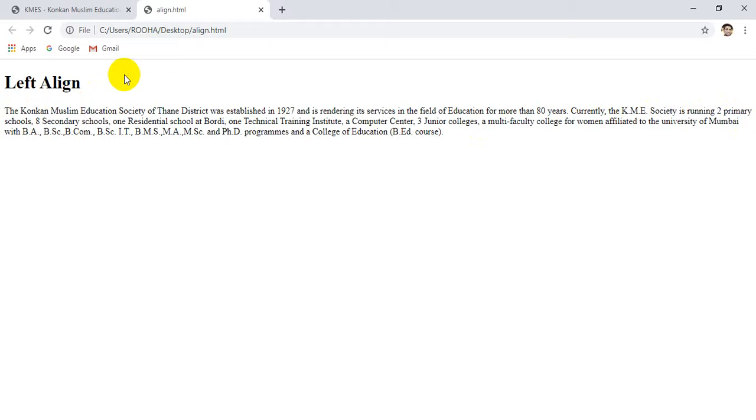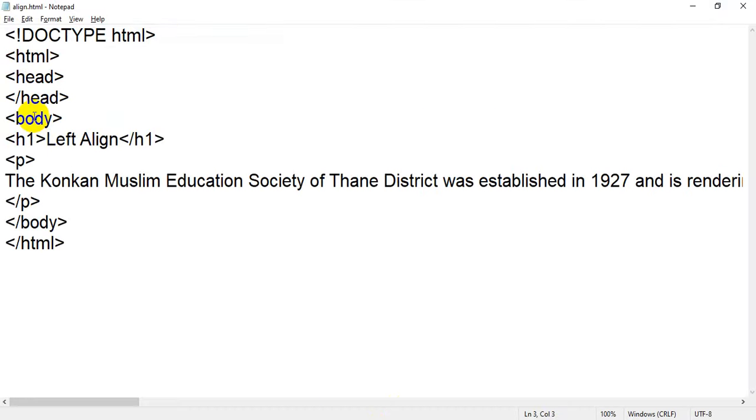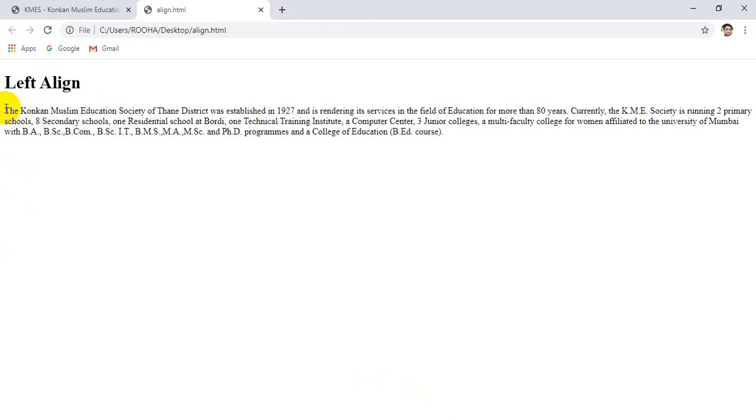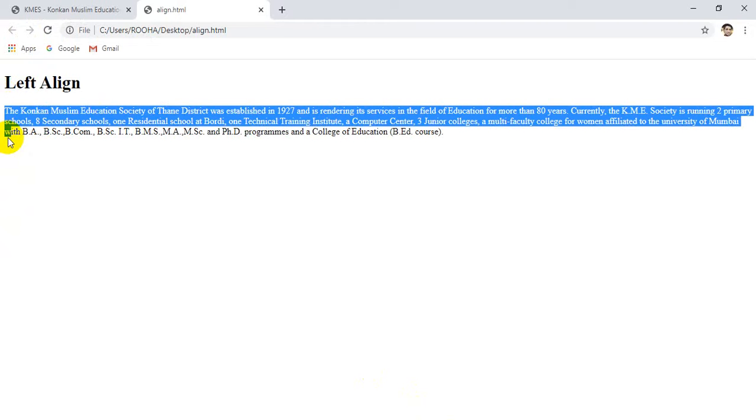By default any browser supports left align. By default, most of the browsers, I'm not saying all browsers, by default most of the browsers support left align, or by default most of the browsers are fixed at left aligned. Okay, even I have not used any alignment property. See, there is no CSS, there is no alignment property used in that program, but still the output shows that you have used left aligned. See, the margin from left is equal, or the paragraph is aligned inside the left align.